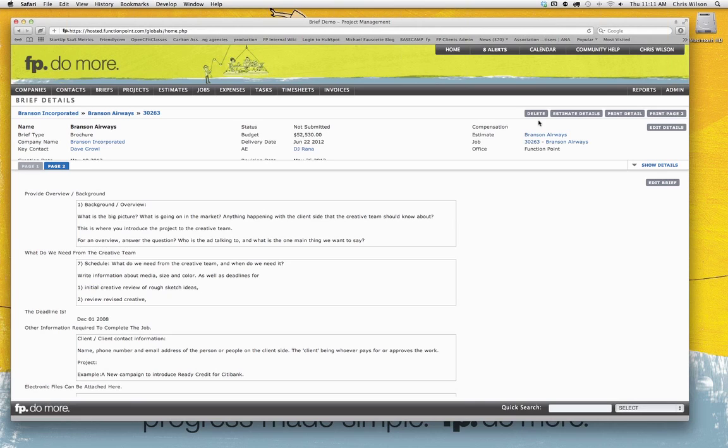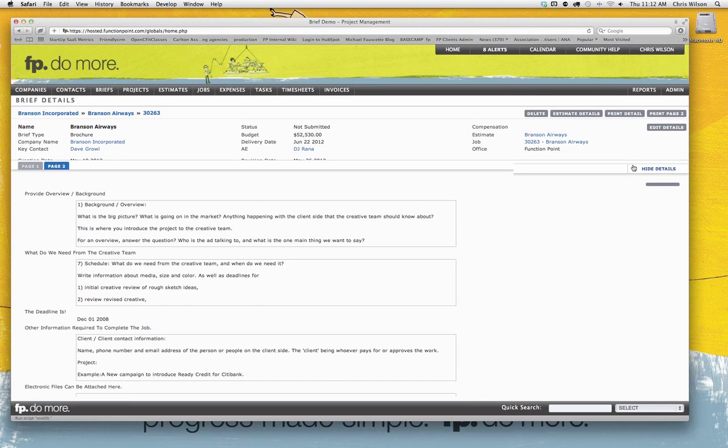Should you have permissions to delete, the icon is presented. There is also an icon to navigate to estimate details. If there was not a related estimate, which you can see through the link here in the details section, this would say add an estimate, which would allow you to create that estimate. Similarly, the print details and the print page 2 items.